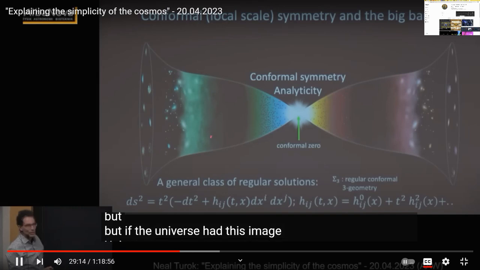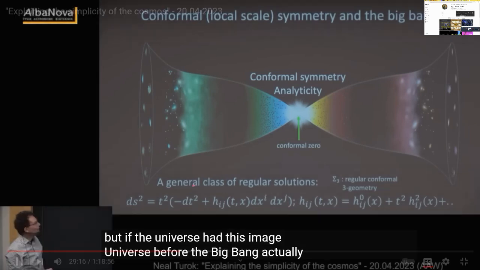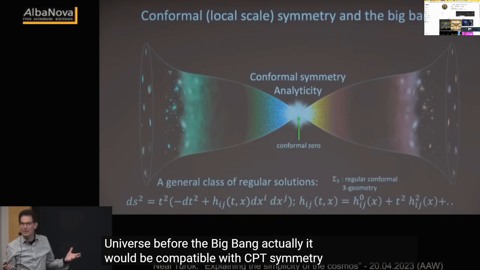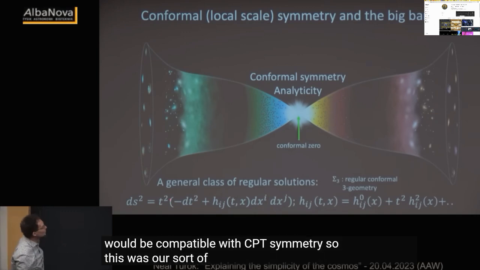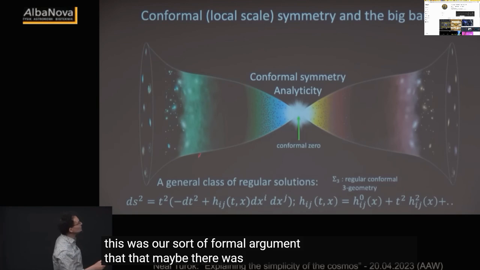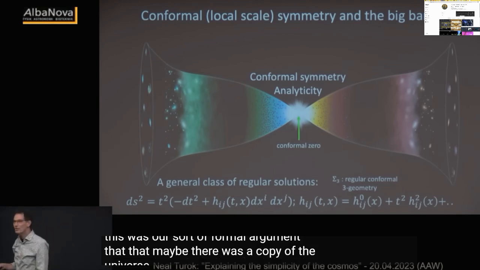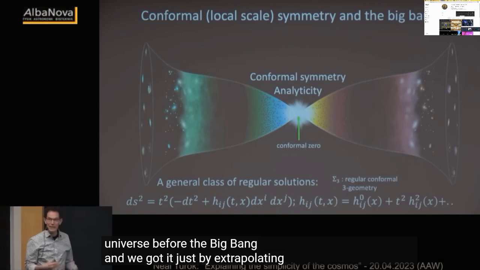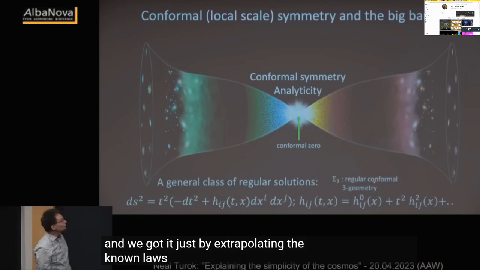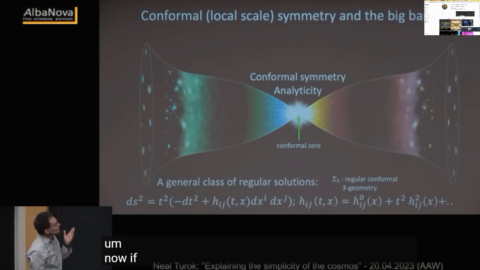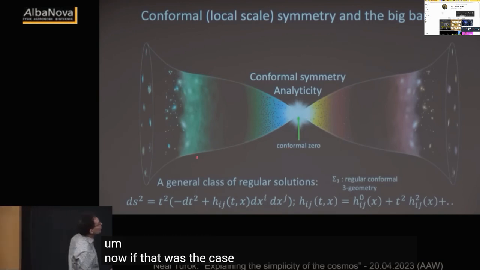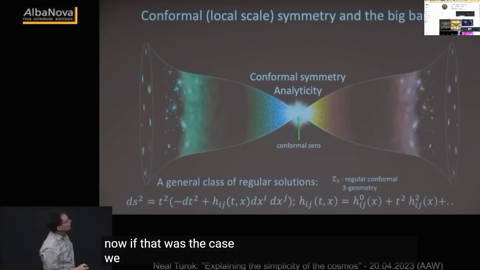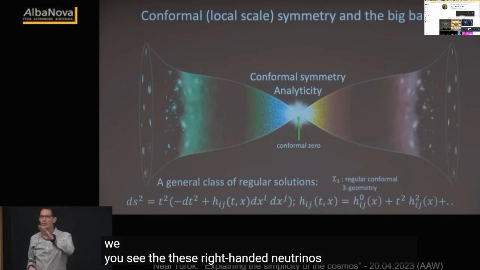This image universe before the Big Bang, actually, would be compatible with CPT symmetry. So this was our sort of formal argument that maybe there was a copy of the universe before the Big Bang, and we got it just by extrapolating the known laws through. Now, if that was the case, you see these right-handed neutrinos, this dark matter,